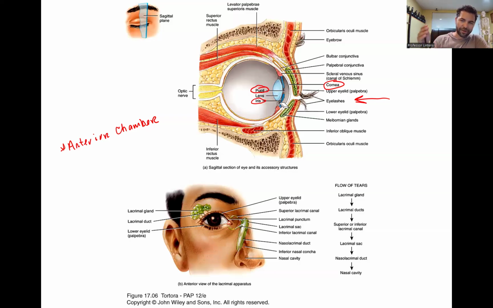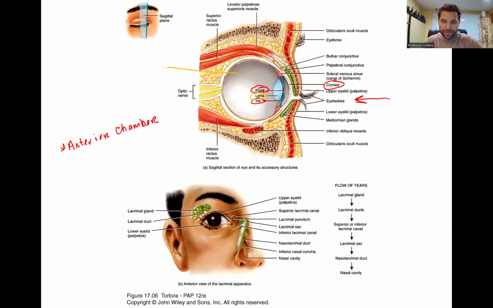And then the next structure, obviously light doesn't pass through the iris, it passes through the pupil, and then it hits the lens. And the lens is the next structure that is responsible for focusing this light. We want all this light to come in to target a specific spot on the retina, and I will show you what that is. And again, you have the list on the previous page to help you out. So light comes in, hits the cornea, goes through the anterior chamber, passes through the pupil. Pupil's surrounded by the iris, which is the colored part. Hits the lens, and then we enter here,